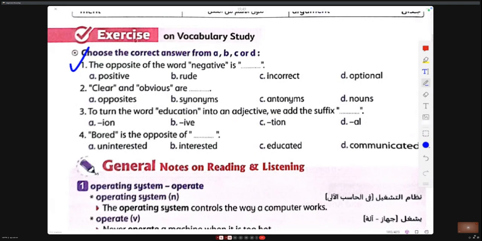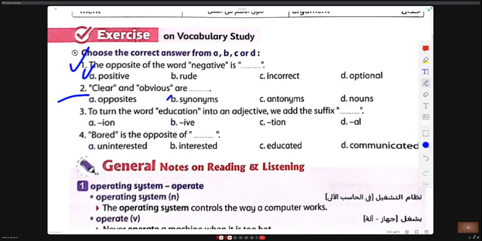The opposite of the word negative is positive. Clear and obvious are antonyms. Oh, synonyms, I'm sorry.